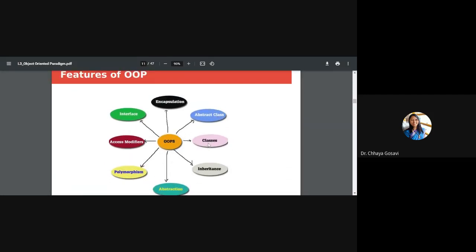We'll start with object, then class, then we'll see polymorphism, abstraction, inheritance, encapsulation. Then there are some advanced concepts like interface, abstract class, access modifiers, etc. So we're going to learn all these concepts as features of object oriented programming, as well as how they are implemented in Java in the next unit.